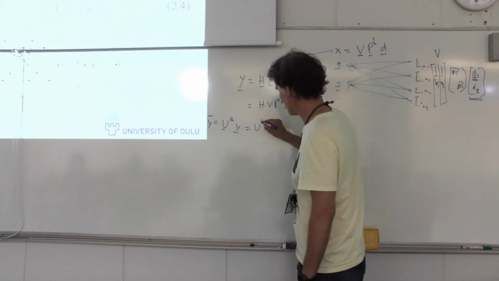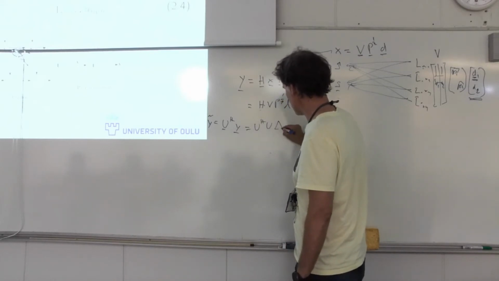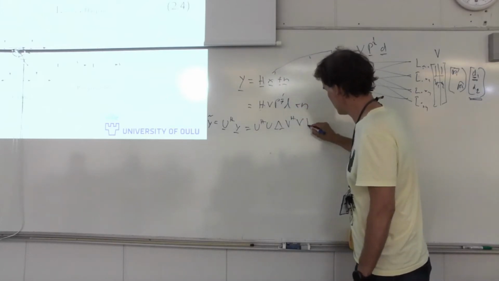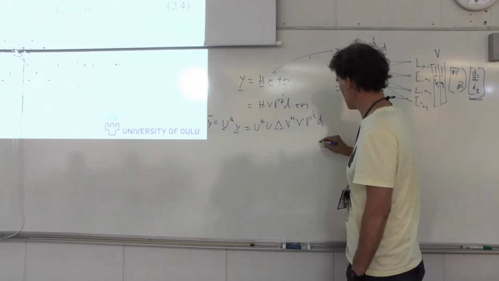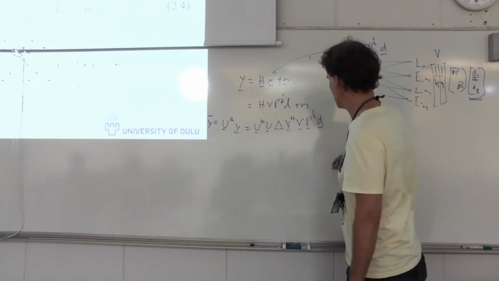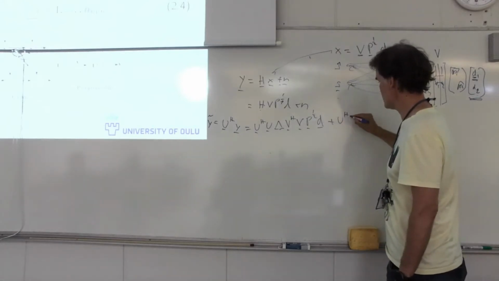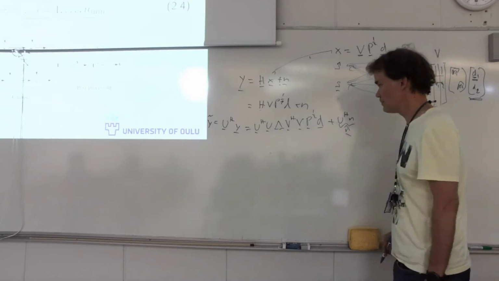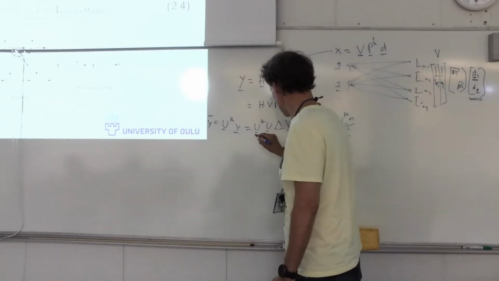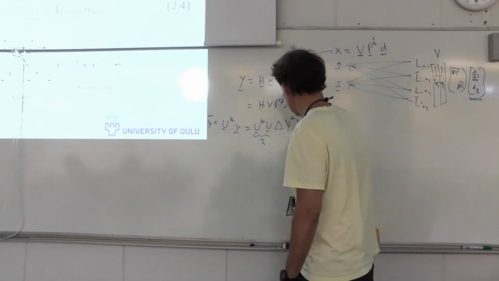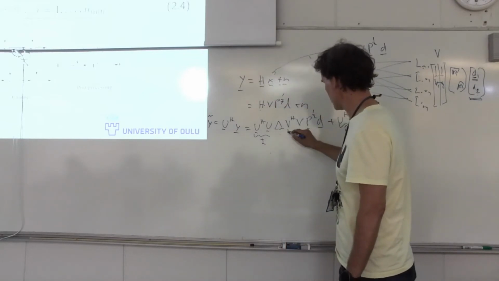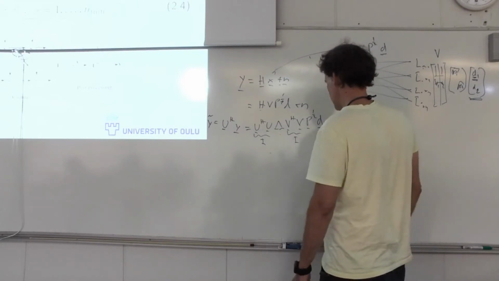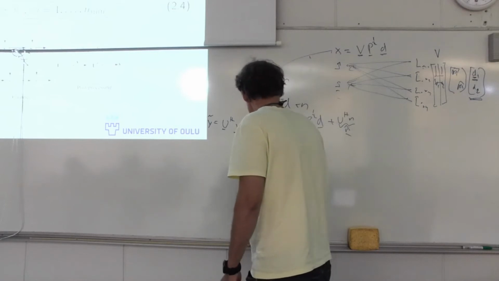So we have U Hermitian times U times Lambda times V Hermitian times V times the power loading matrix times D, plus U Hermitian times n, which is n tilde. Okay. Now something nice happens. This becomes the identity matrix, this is already a diagonal matrix, this is the identity matrix, and this is a diagonal matrix. Okay. So we can simplify this to